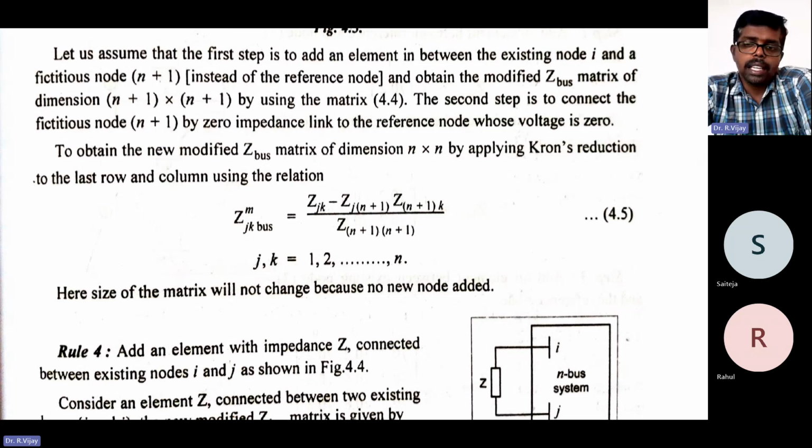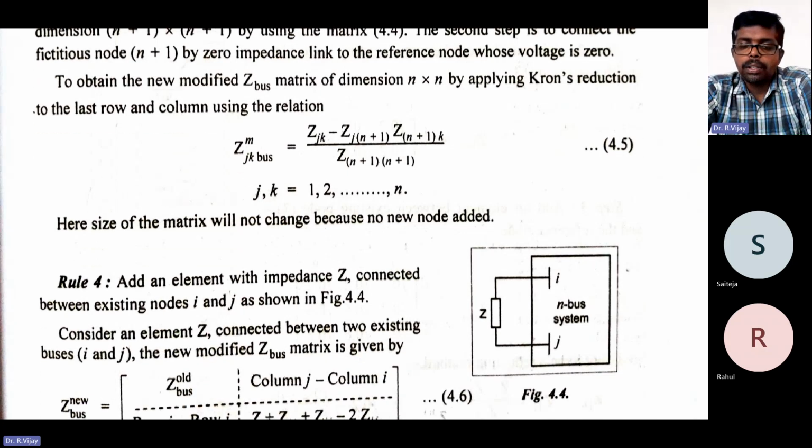But that's why if you go for programming, just by giving the values, automatically the algorithm logic you program, you'll get the final answer. That also you can do. But for that, you don't need to go for a program first itself. First, we need to understand the algorithm. First, we need to solve some simple problems: 2 bus, 3 bus, 4 bus, 5 bus, like that. Then after that, you can go for programming. Then in that case, that will be very easy for